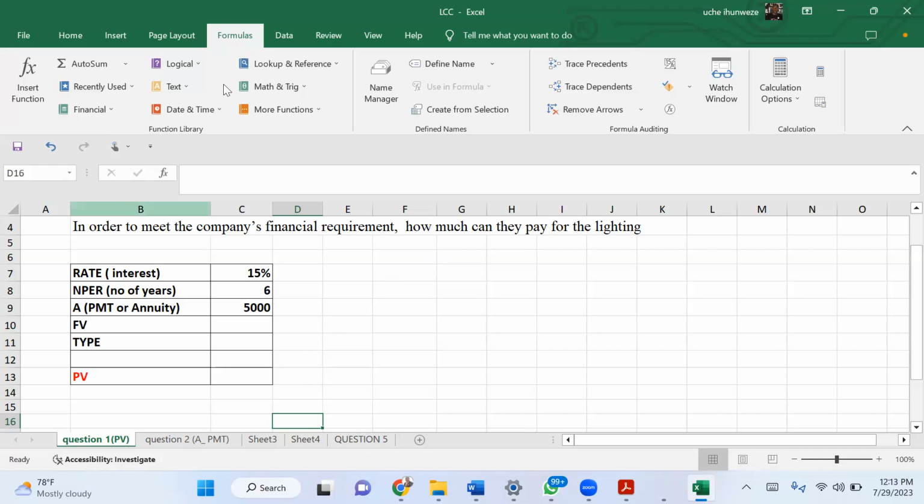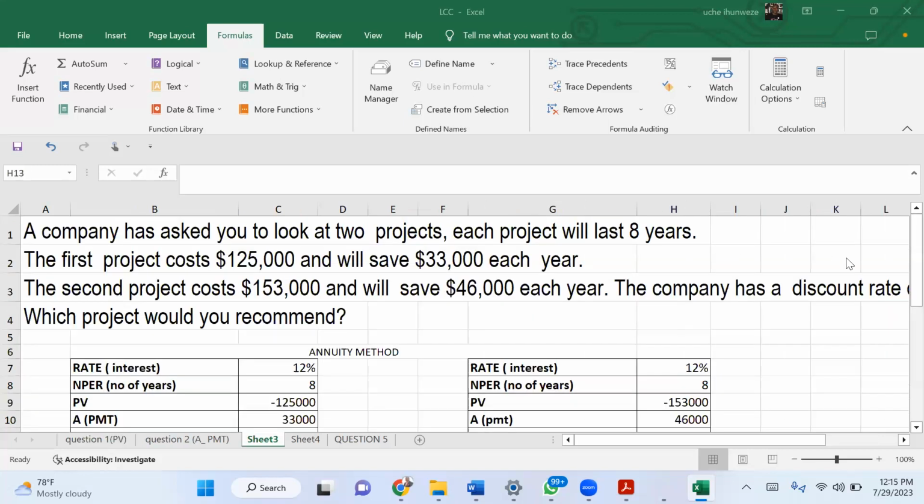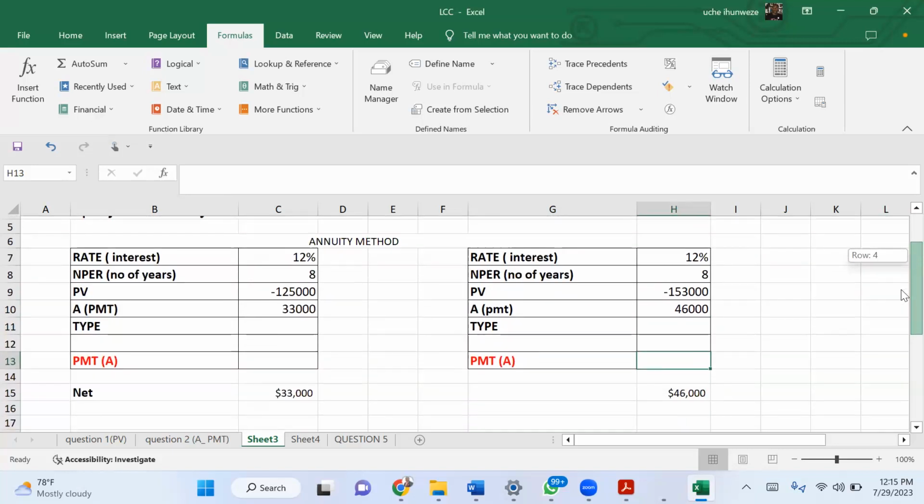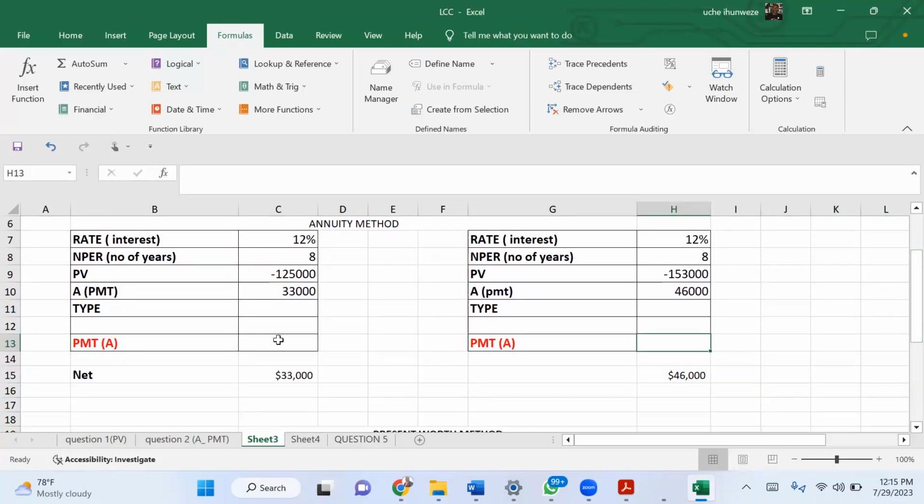Okay. Nobody has done it. So a company will ask you to look at these two alternatives. So here, you can see that here,